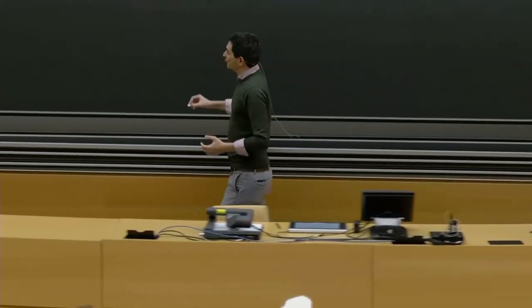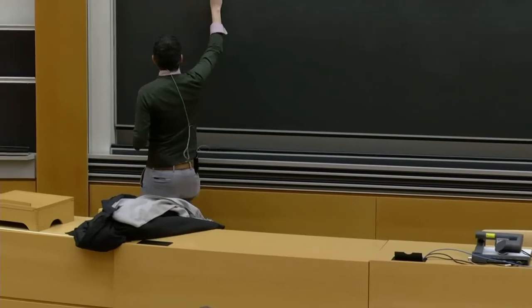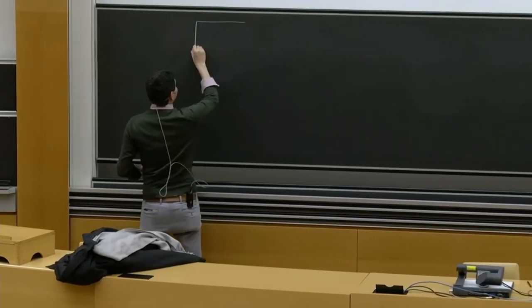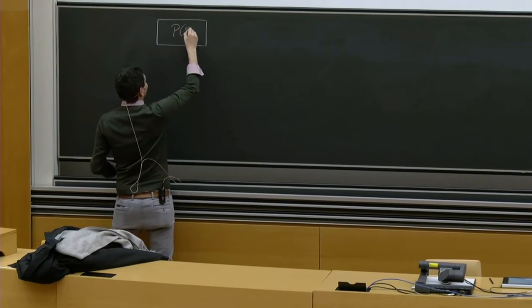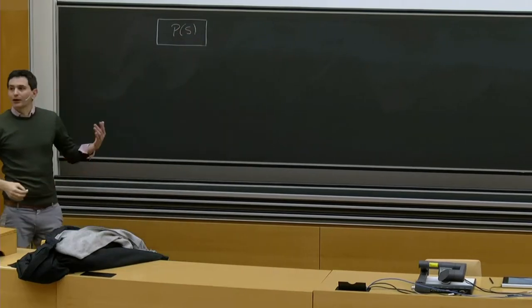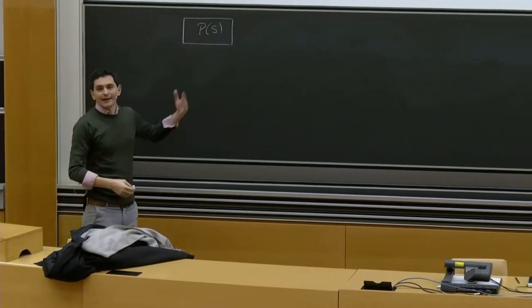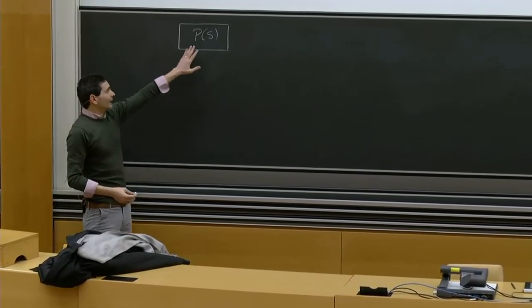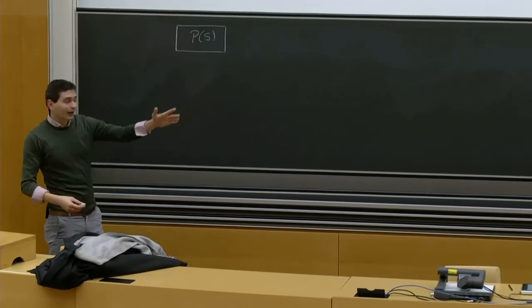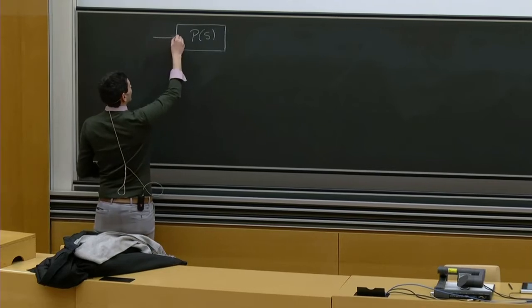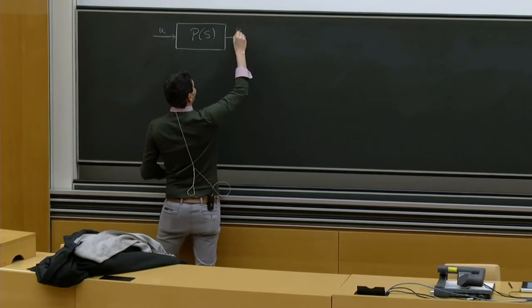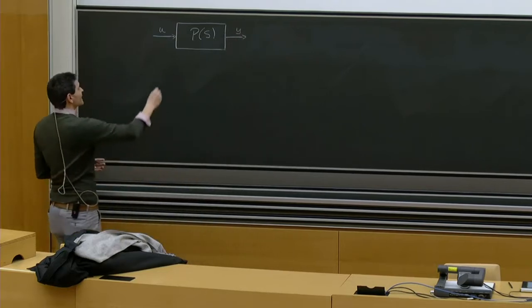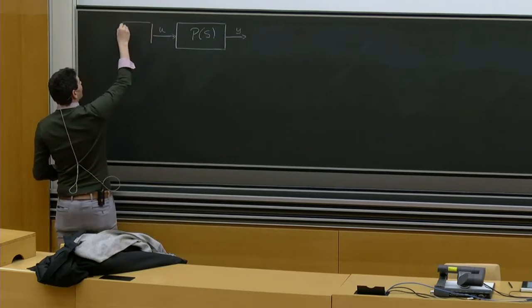So if we assume that we have something that we call a system, which we typically represent in these block diagrams with transfer functions, and we call the system we want to control a plant. A system is some relationship between an input and an output. And we discussed how to come up